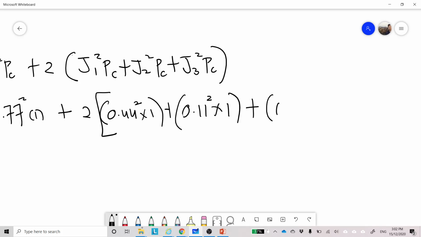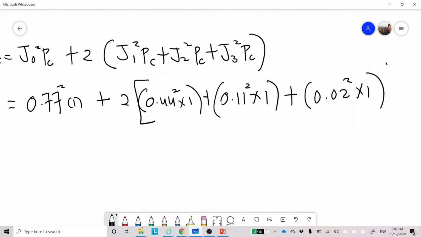Tambahkan dengan 0.02 square darabkan dengan 1. Okay, so cuba you kira. Okay, kalau you kira 0.44 square tambahkan dengan 0.11 square tambahkan dengan 0.02 square darabkan dengan 2, tambahkan dengan 0.77 square. Okay, so you akan dapat